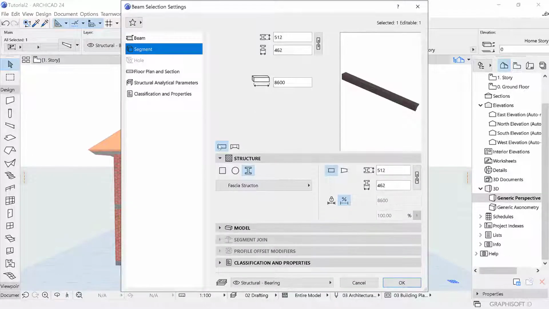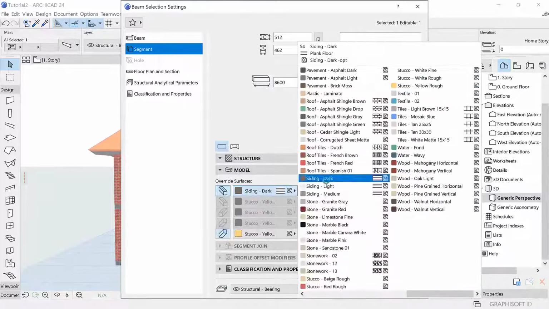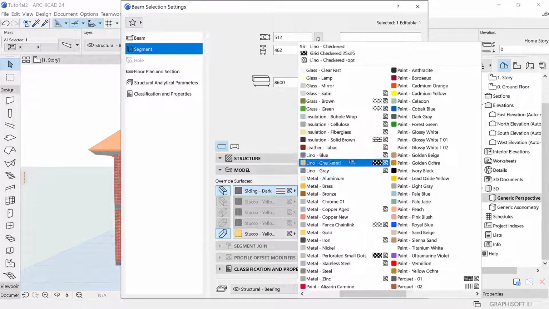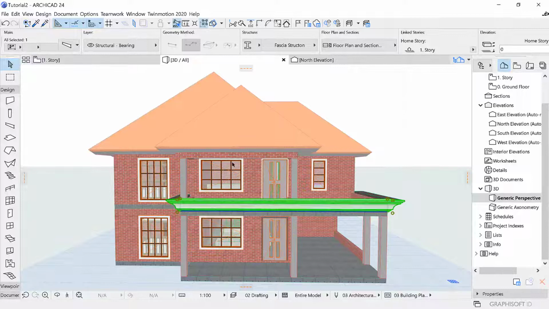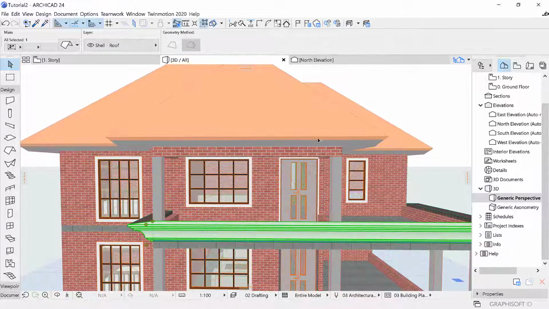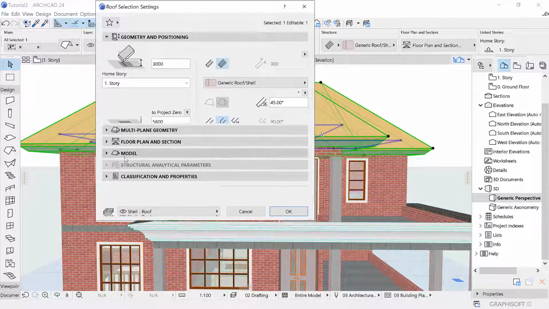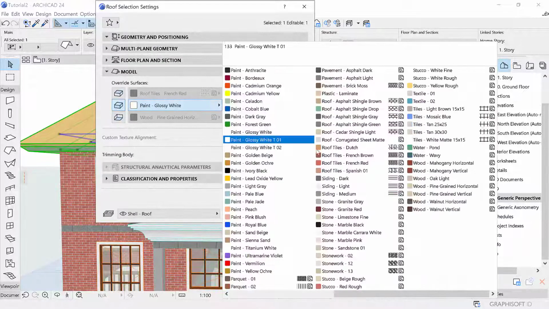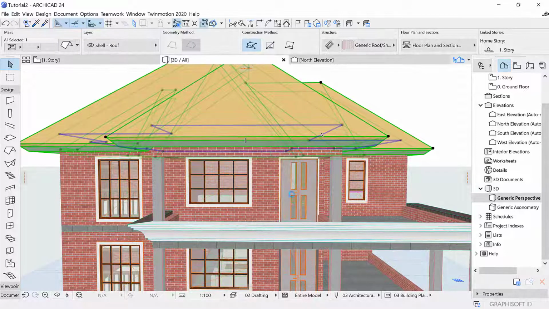So I want to change the fascia that we created, the fascia Structon. I want to change it to glossy white, and also I'm going to change the wall for the roof. The fascia board, I'm going to turn it to be fascia. I want it to be white as well, but now because I've created two new surfaces for the white, I'm going to call this one glossy white T01, T02, and I will switch on the other layers or the other surfaces for the